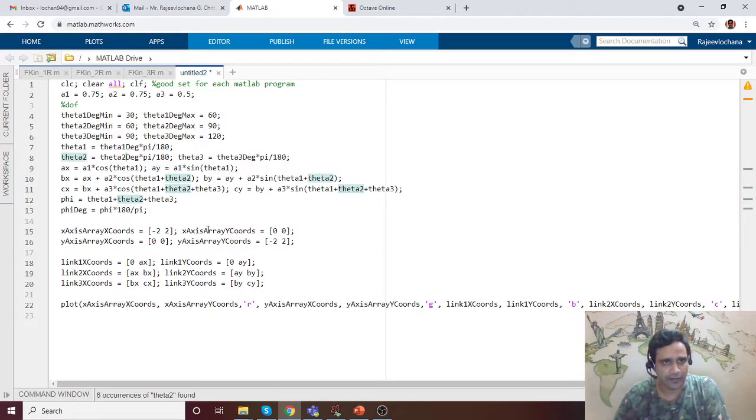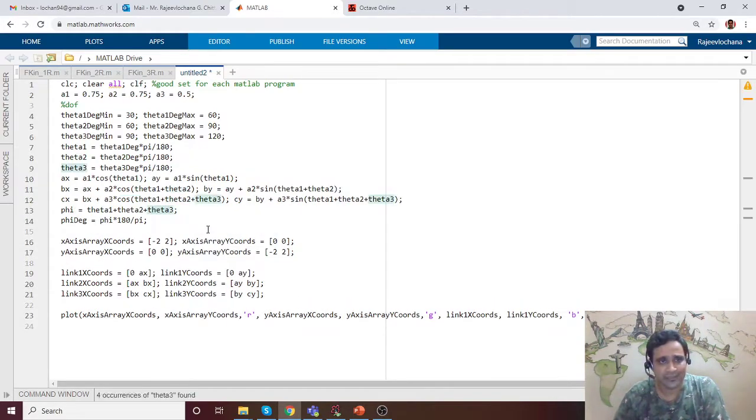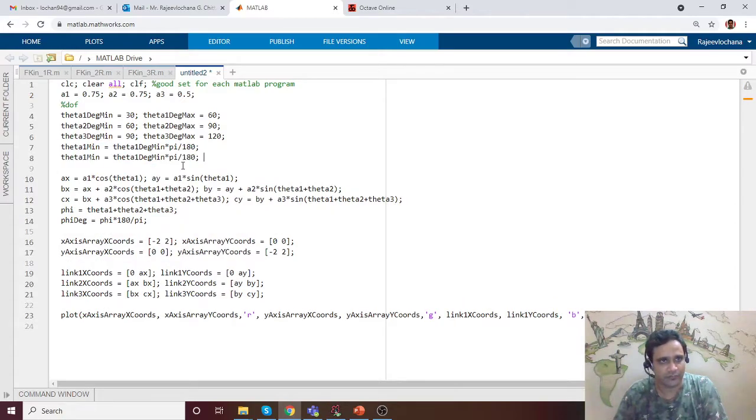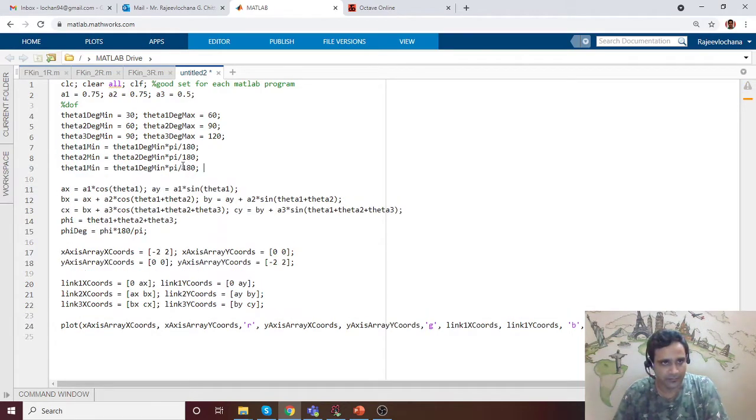Now obviously we would like to convert them also, because ultimately we want these to be in radians, whatever angles we do. Let me just use this, Control C, Control V. This is theta 2 minimum, theta 3 minimum.